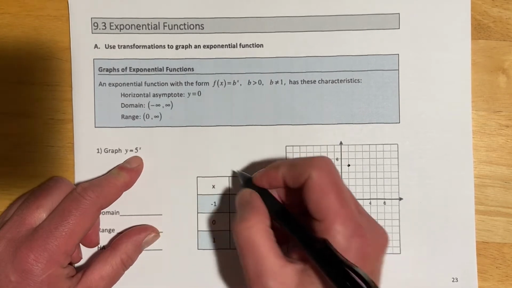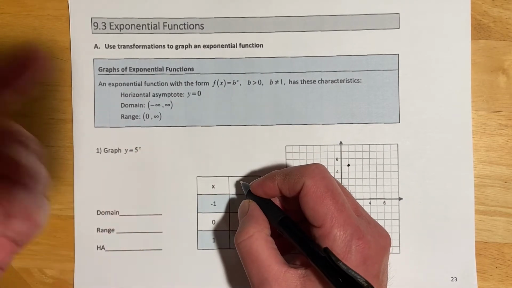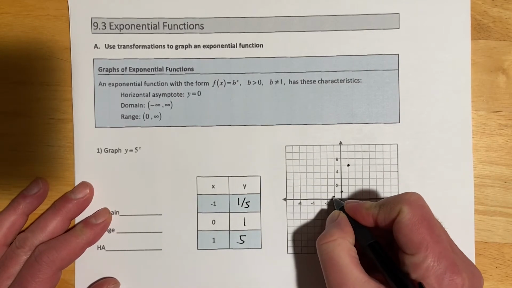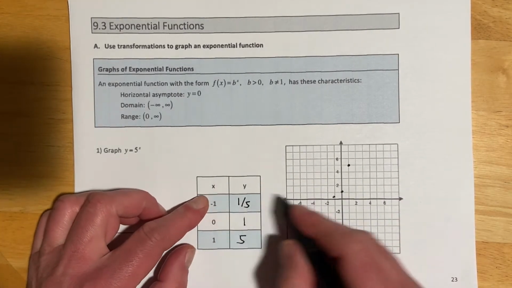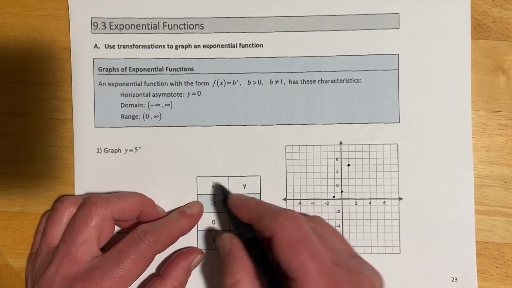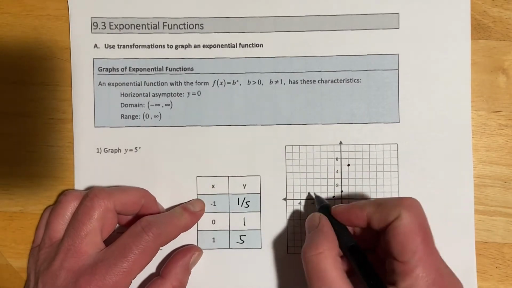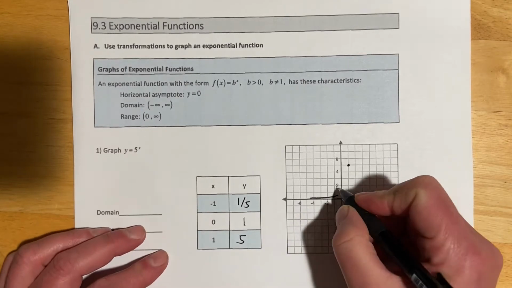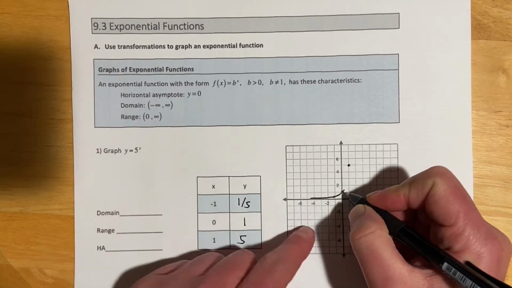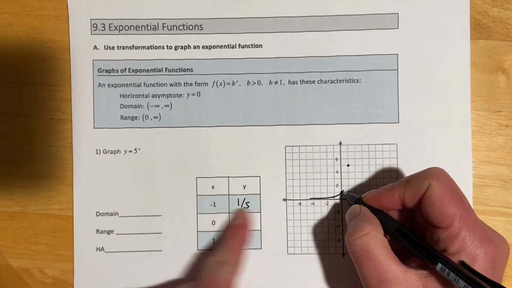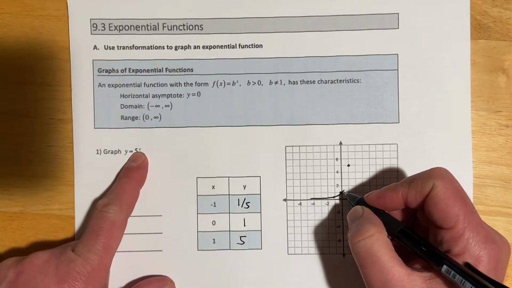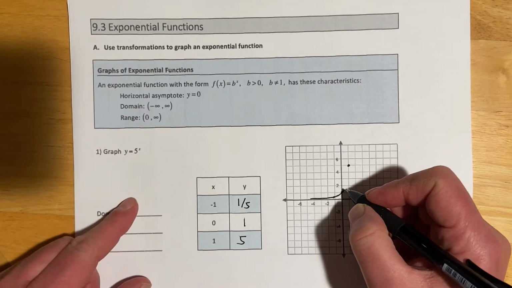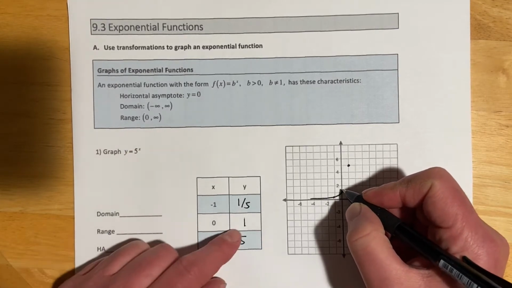And so I need at least one more point to get a sense of what's going on. With -1, 5 to the -1 would be 1 over 5 or 1/5. And then you can see what the behavior is going to do. If I put in -2, it would be 1/25, -3, 1 over 125. So this side's going to get really close to 0, but never actually get there. It's going to have a y-intercept, if there's no stretch, at 0, 1 every time, because when x is 0,